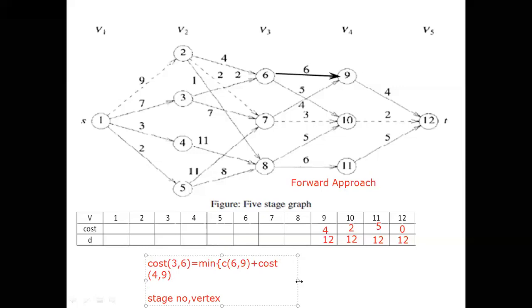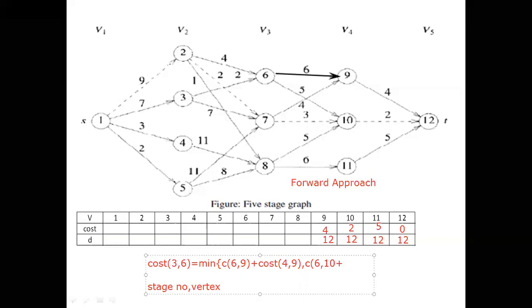Is cost of 4 comma 9? Because already it is there in this particular table. We can get the 9 value here. And one more is there. We are done for this one. We have to do for 6 to 10. How to write? C of 6 comma 10